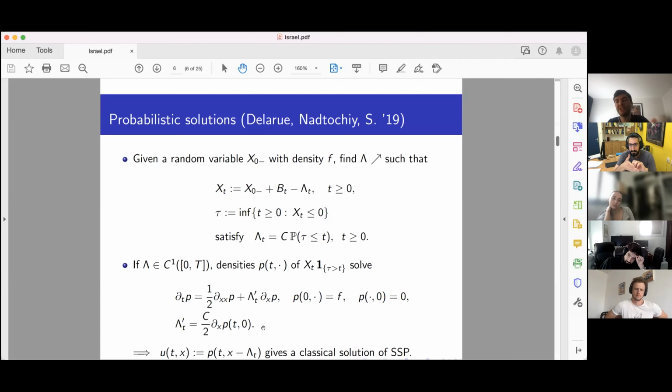Right, so you end up with this PDE problem at the bottom of the slide, and it already looks very much like the problem I had before. Indeed, if you make a change of variables and shift the density little p by lambda, at any given time t, what you end up with is a function u, which will solve precisely the PDE that we had on the previous slide. So in other words, solving the Brownian motion problem, which we refer to as the probabilistic formulation, is the same as solving the original problem.